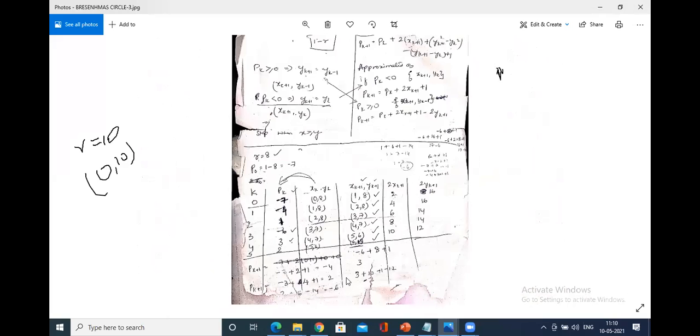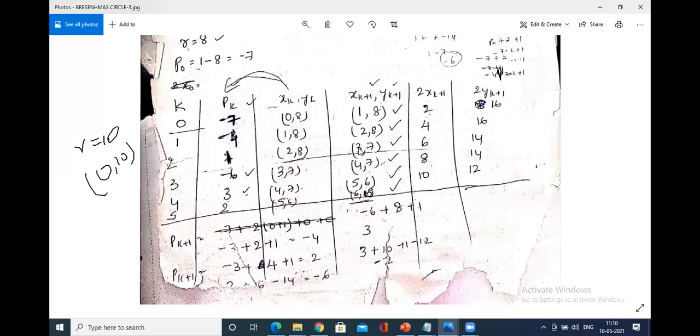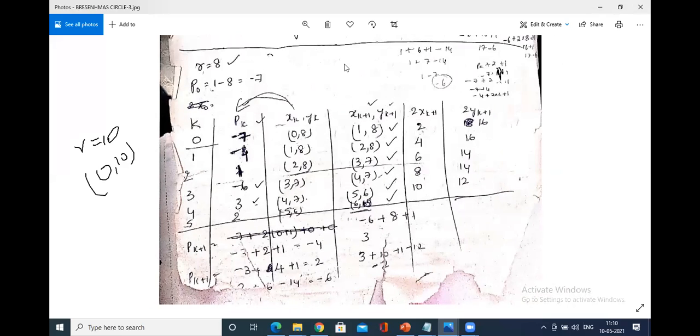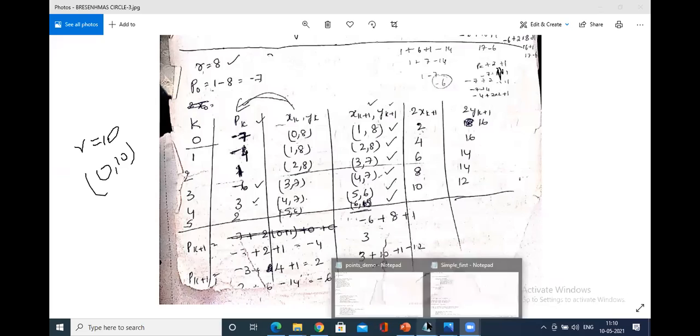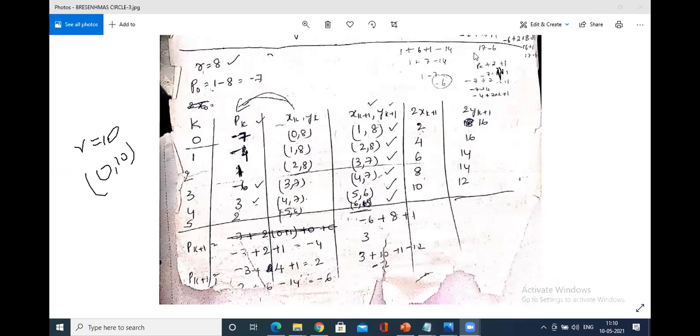Here is the problem. Given radius r equals 8, even this is a problem. I'll show that. So how do you calculate for r equals 8? You have to iterate till like this. Okay, go on calculating. These are all the new intercepts, right? So this you could do, right? Hope all of you have followed this problem.